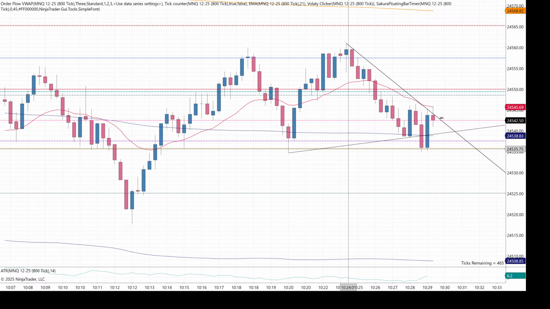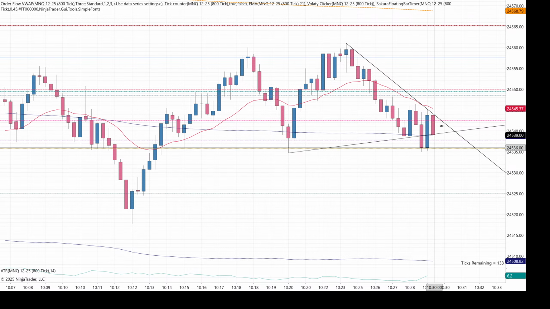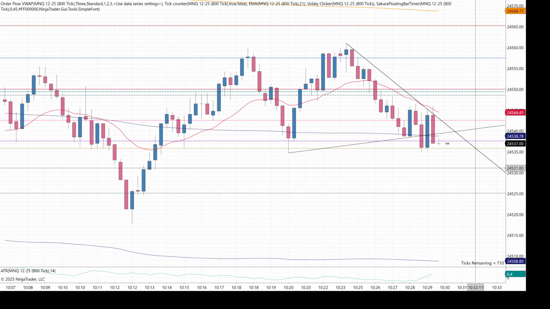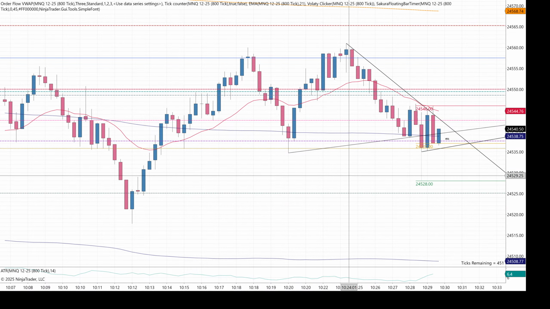I think the golden ruler is still here, I believe, which keeps me from taking any bearish trades right now, unless we get a close below the golden ruler here. Which we don't. But that is a trigger lower. But you have the golden ruler and you have this trend line. So.